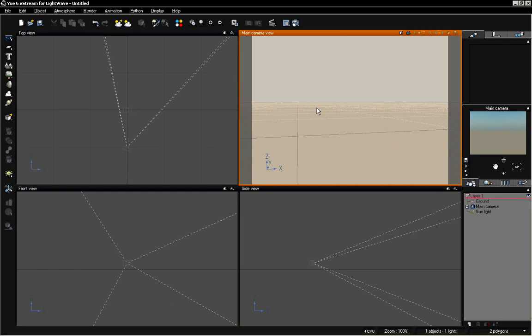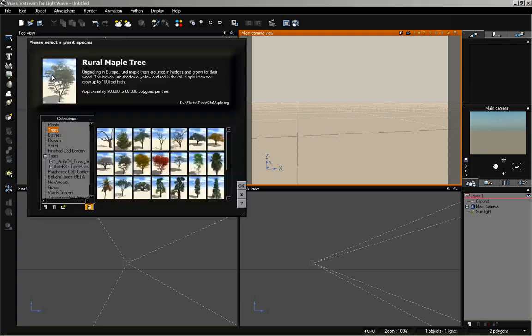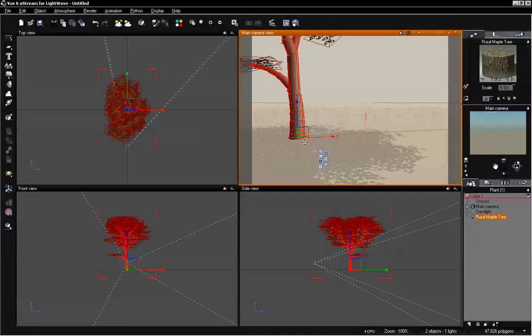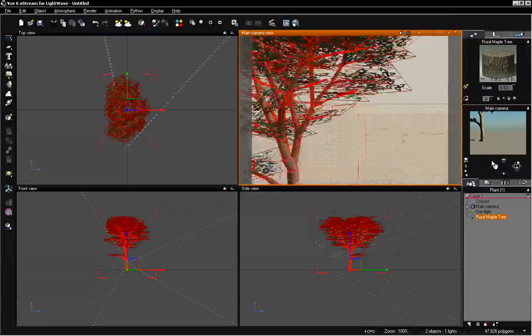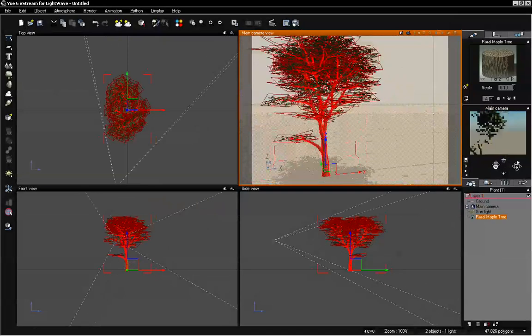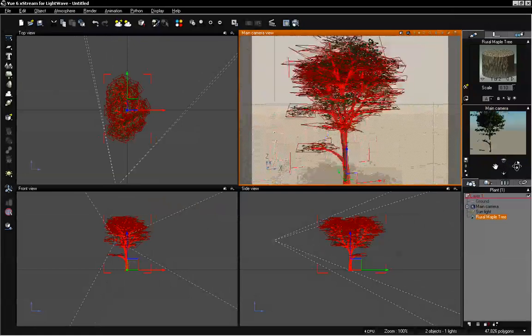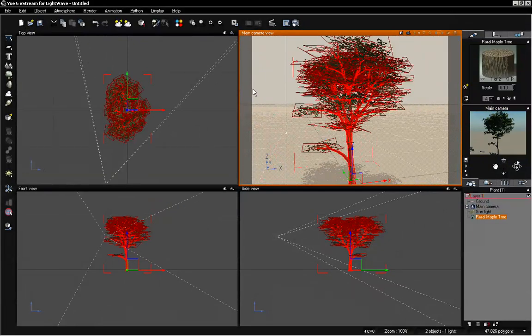And let's take a look at some of the synchronization that there is between our different cameras in the two programs. And the easiest way to really see this is if I load in an object. So first I'm going to add in a tree, and I'll just load in our rural maple tree. And we're just going to position ourselves within View. And now if we switch over to Lightwave,